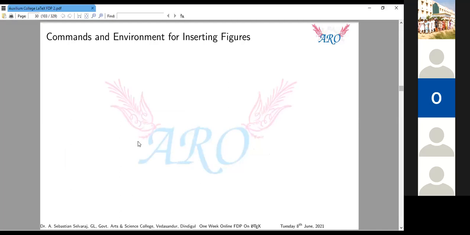What is the command and environment for inserting figures? First of all, we are going to see about EPS figures, encapsulated PostScript figures. Suppose you have an EPS figure, the command is backslash epsfig, for figure. That's epsfig within the mandatory bracket, file equal to. So this is mandatory. Here fname is nothing but the file name. You have to enter your graphics name, your picture name. It automatically appears. One more thing, you have to run your LaTeX file through LaTeX to DVI, DVI to PS,